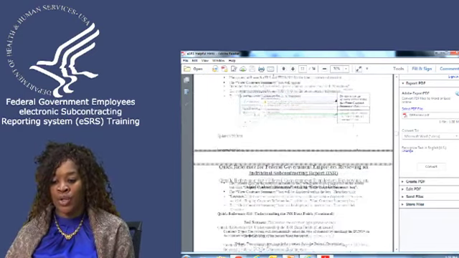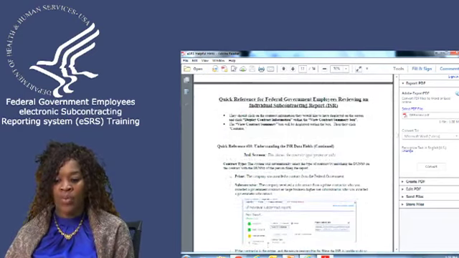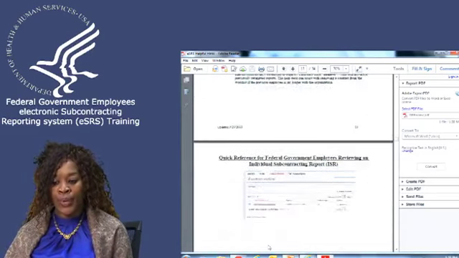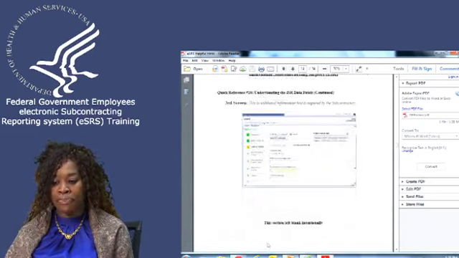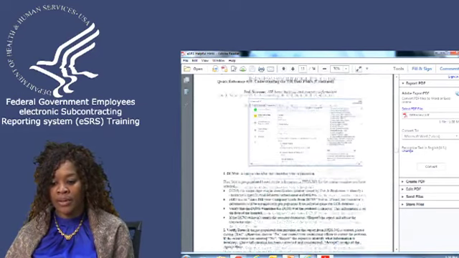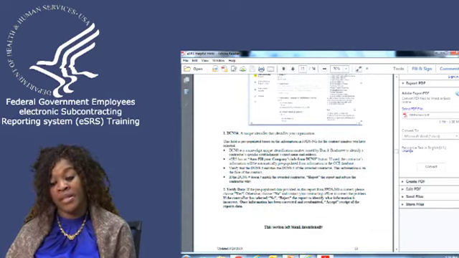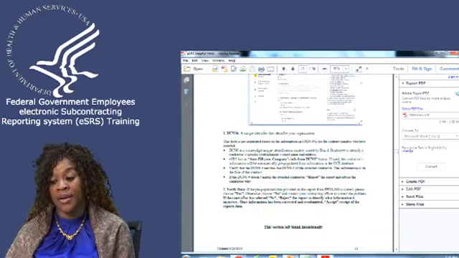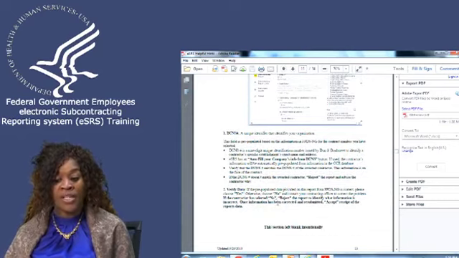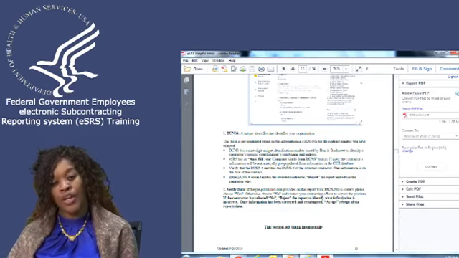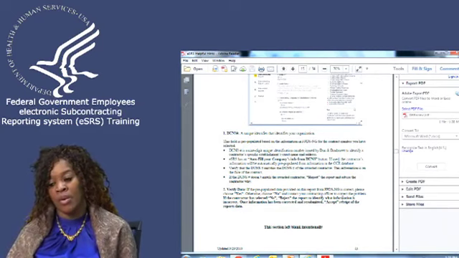It also tells you when something is not right, when to reject, when to accept the report. It tells you, and I'll show you that as well. Here, like the verified data, as I told you, if it doesn't say yes, it says no. It tells you once the information has been corrected and resubmitted, then you can have the contractor go back in and report, and then accept their report.